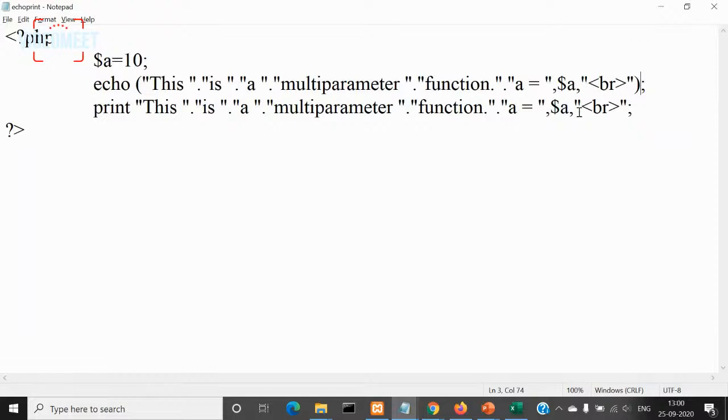And the second thing is, instead of echo, if I'm using a print statement, I can put that print statement in an if statement like this. Okay? I can put it in an if statement, because after printing something on the screen, this print function will return a value 1. So any non-zero value, if you put it inside an if statement, will be considered as a true value. If it is a zero value, then it will be considered as a false value. So if I write this,